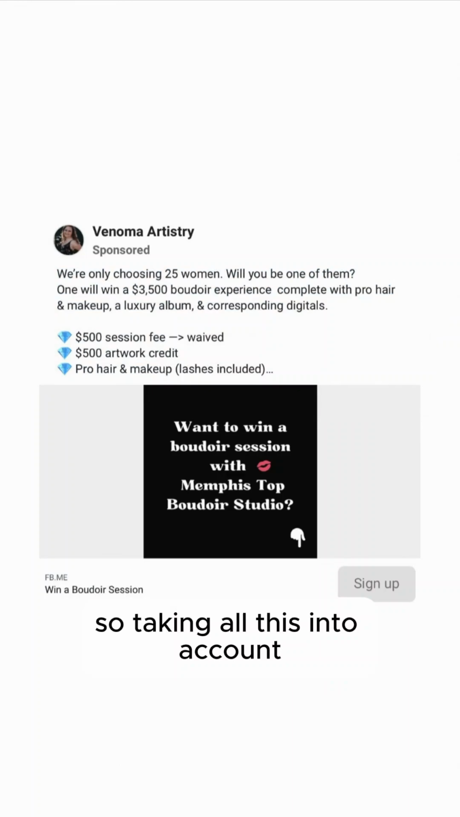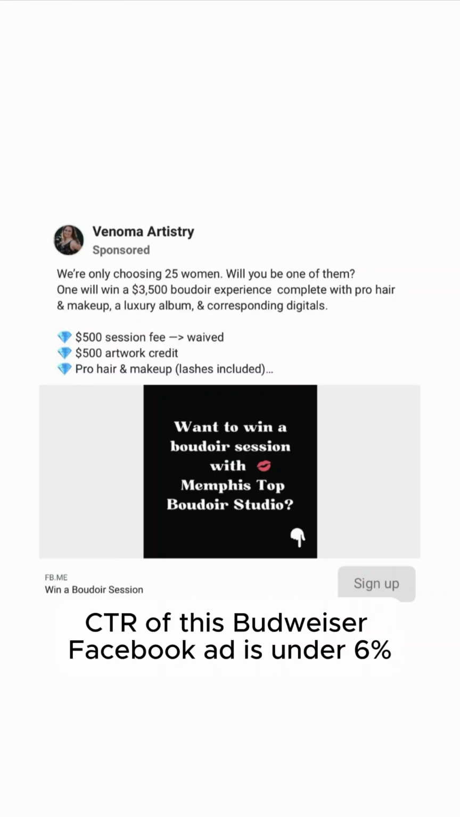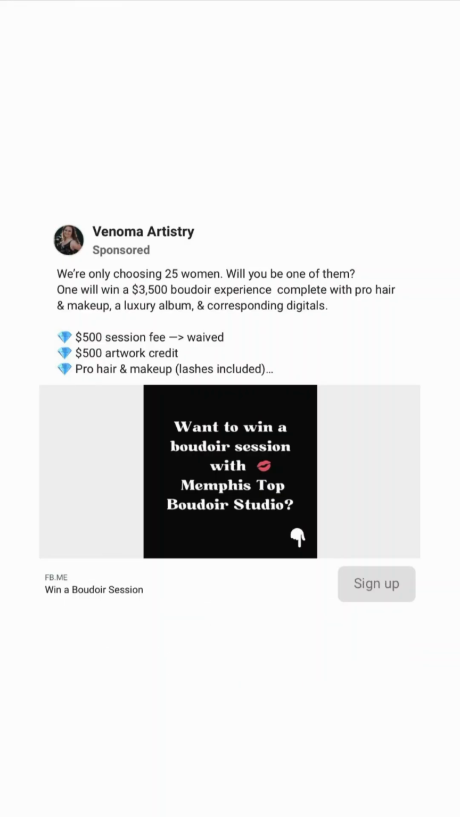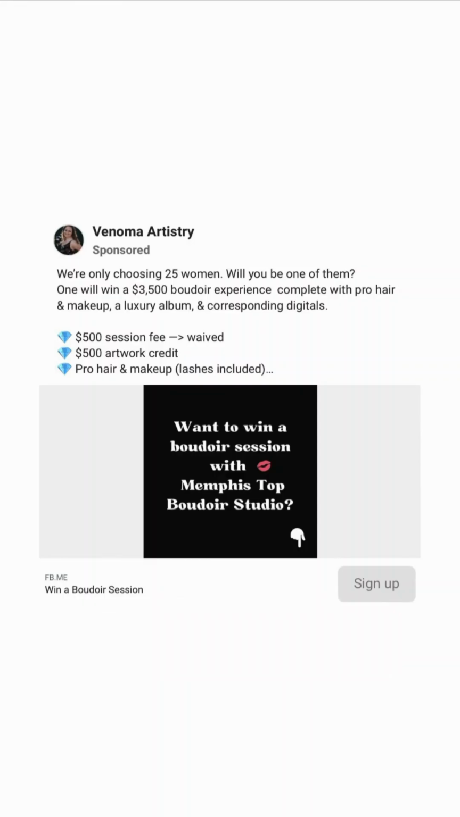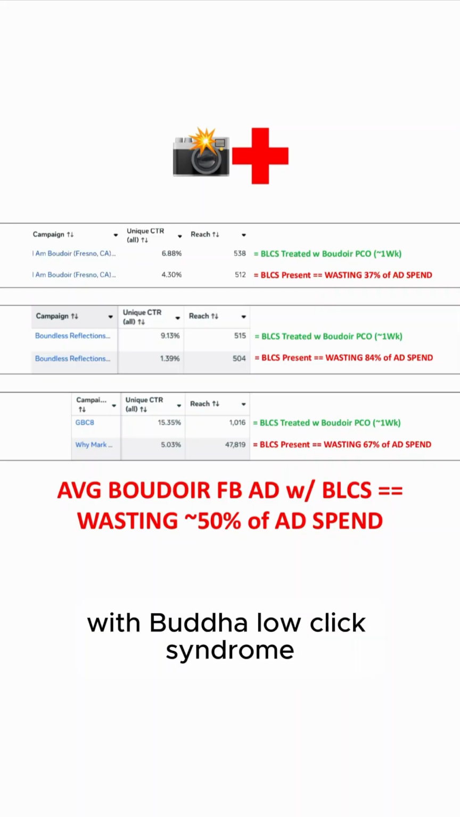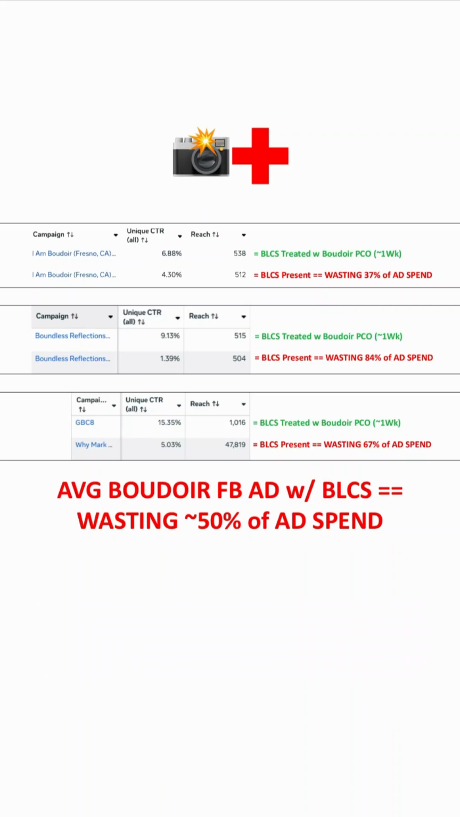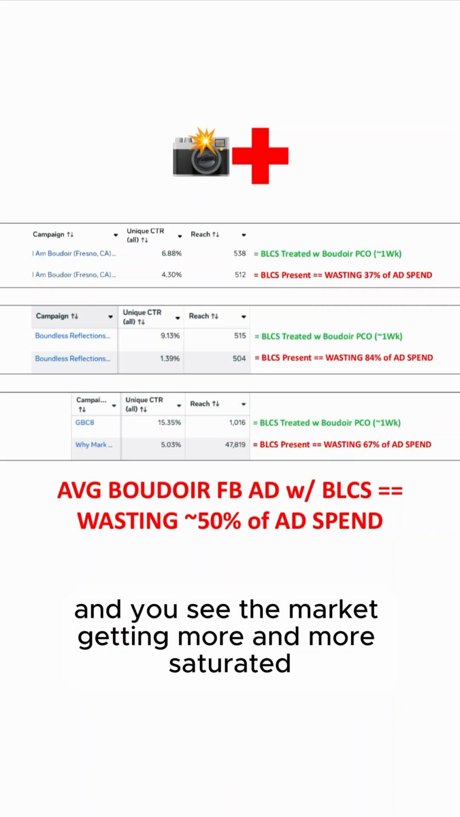So taking all this into account, I believe the unique CTR of this Boudoir Facebook ad is under 6%, meaning it has BLCS, aka Boudoir low click syndrome. Yes, I do believe this Boudoir Facebook ad has BLCS. So if you're a BLCA with BLCS, a Boudoir low click advertiser with Boudoir low click syndrome, with a unique CTR of your Boudoir Facebook ads under 6%, and you're spending more than 10 grand a month on Boudoir Facebook ads, and